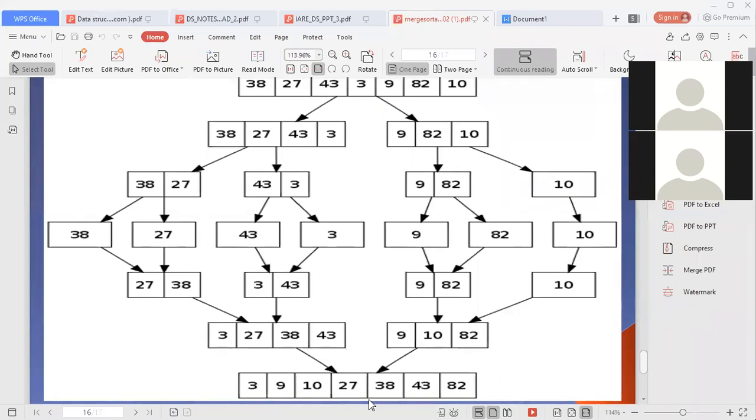Sir, understood. Have you understood the merge sort technique? Sir, I understood. What are the 3 different steps present in this example? Divide, conquer and combine. What steps come under divide? First 4 steps, 1 to 4. And conquer, 5, 6. Combine, 7th step.